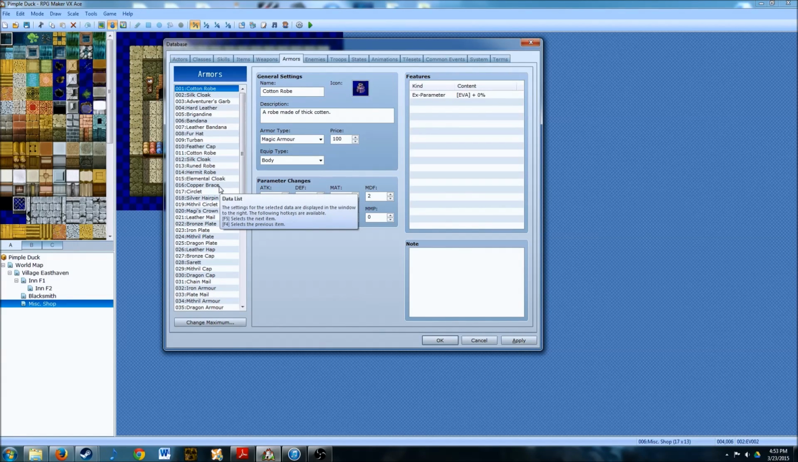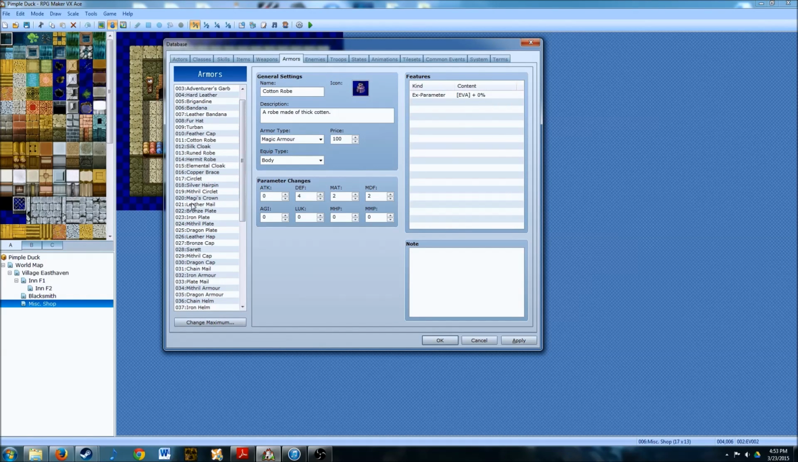Now the next one is a leather mail, which is 21, right click, copy, go to adventurer's garb, go paste. Alright. Next one is bronze plate, which is 22, and then copy, and then go under hard leather, then right, paste, and then go to chainmail, which is 31, right click, copy, and then under brigandine, yeah, I guess, paste it, and then iron armor, which is 32, right click, copy, bandana, right click,